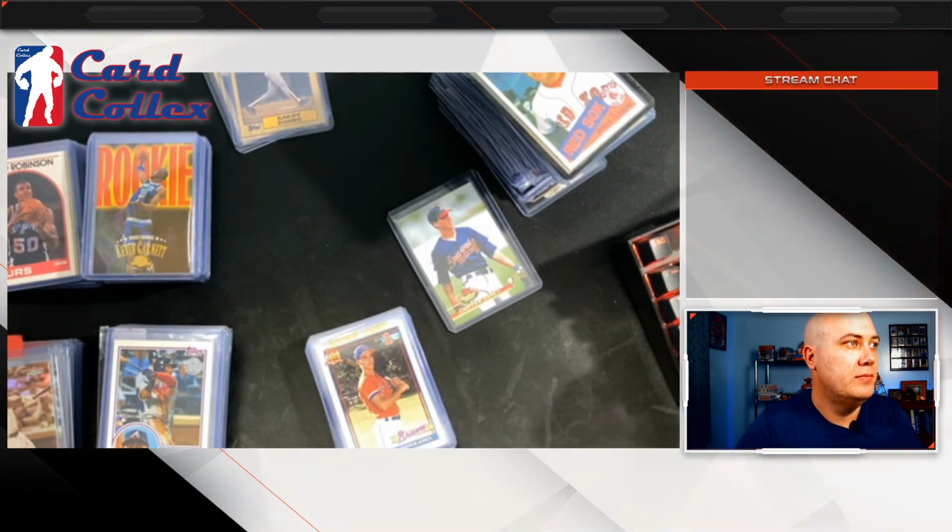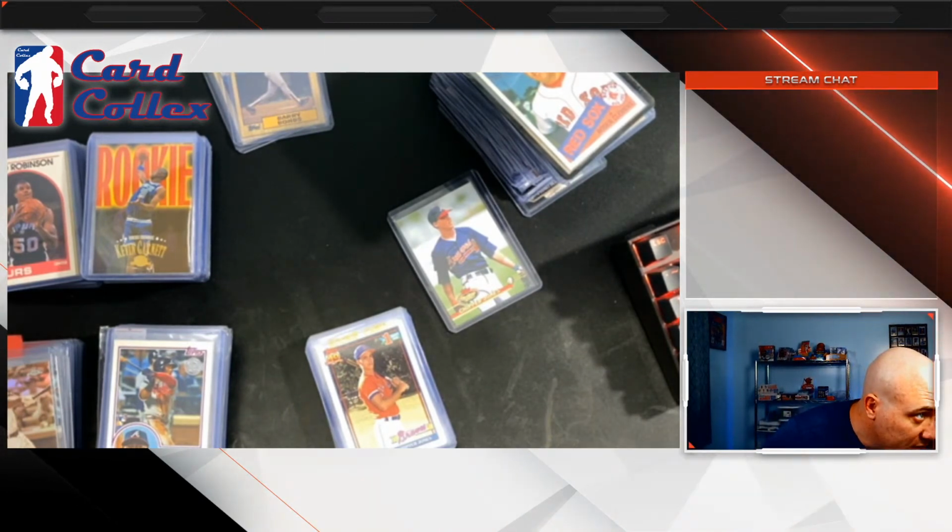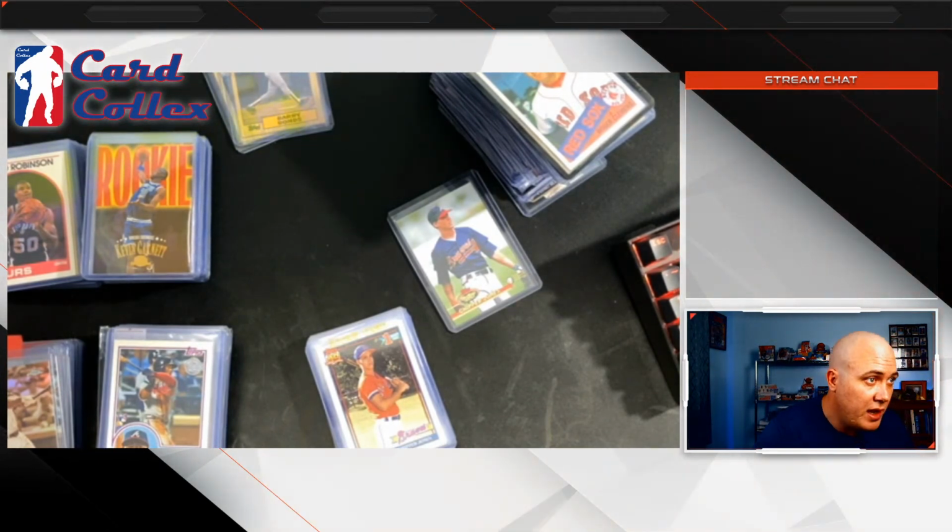Just 92 Topps Chipper Jones. Okay, I'm still on this guy's page.